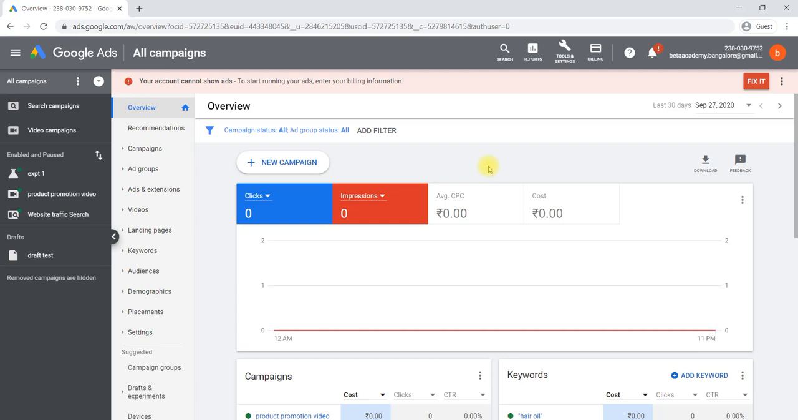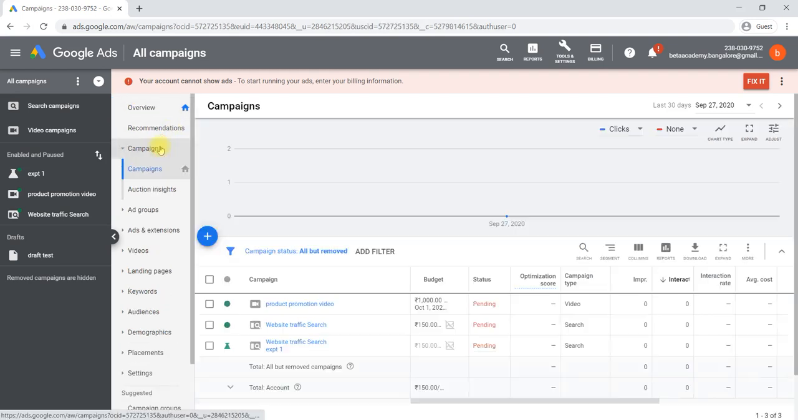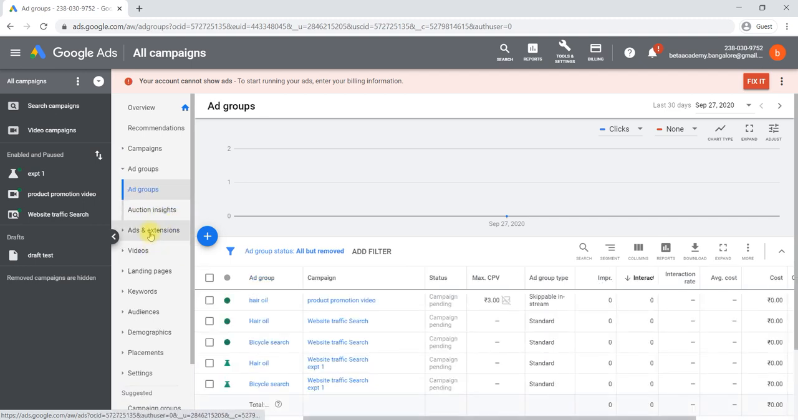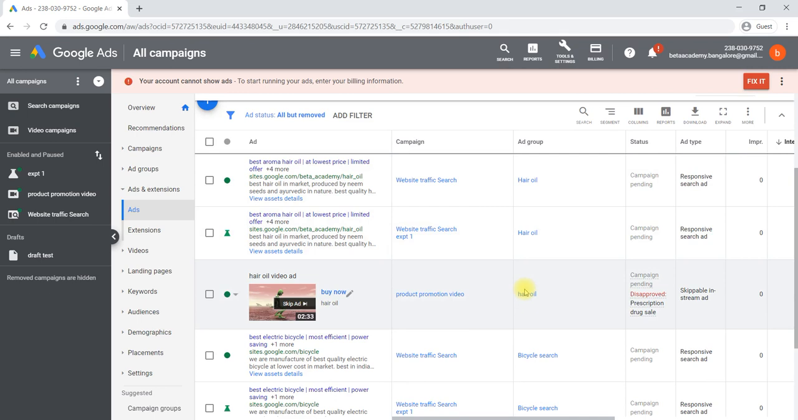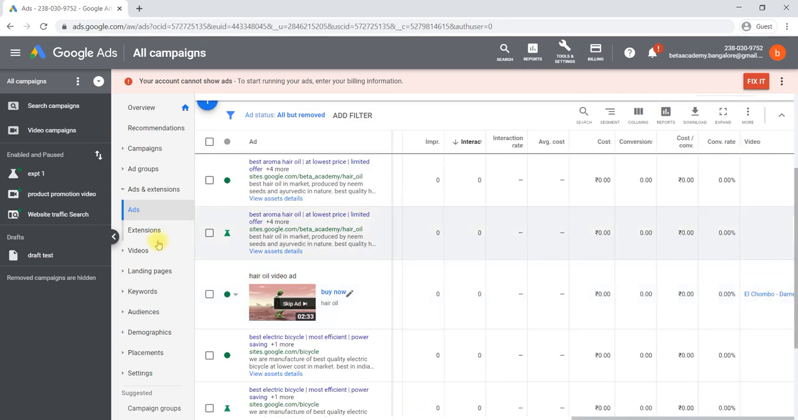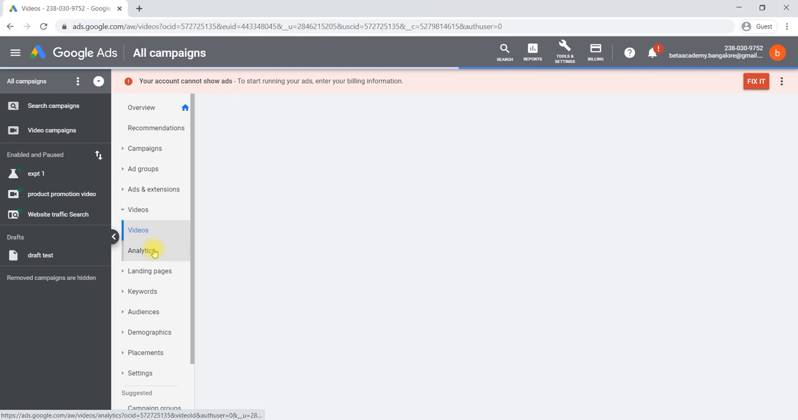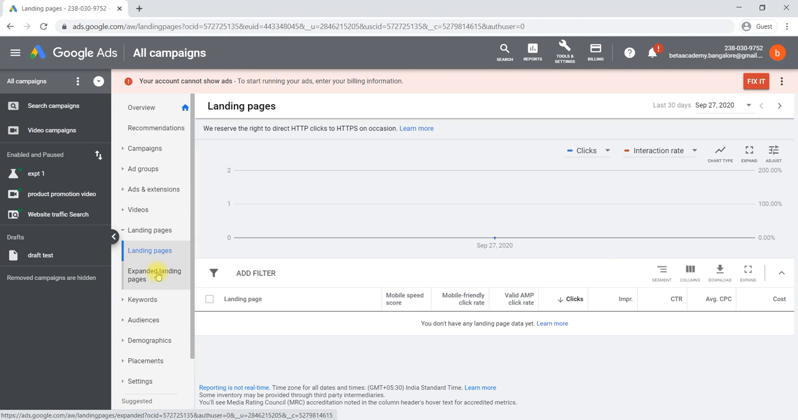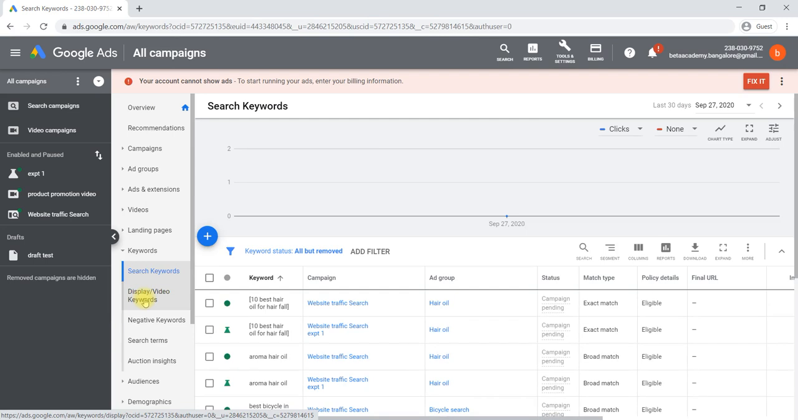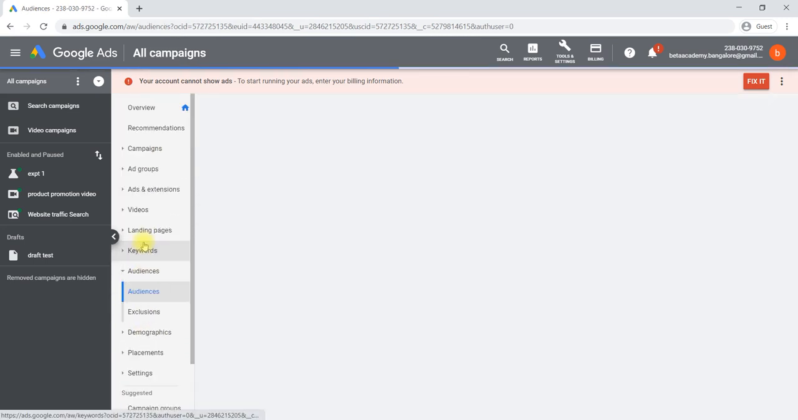So far, we have learned how to create a campaign, add campaigns, add ad groups, analyze ad groups, add ads to your ad groups, additional ads and analyzing them, and video analysis, if you have created any video ads. Then landing page analysis for the pages you have linked to your ad, keyword analysis we have done, and audience analysis,